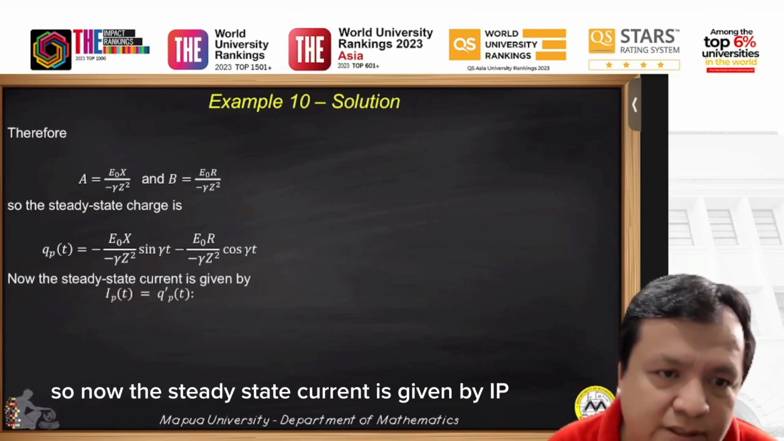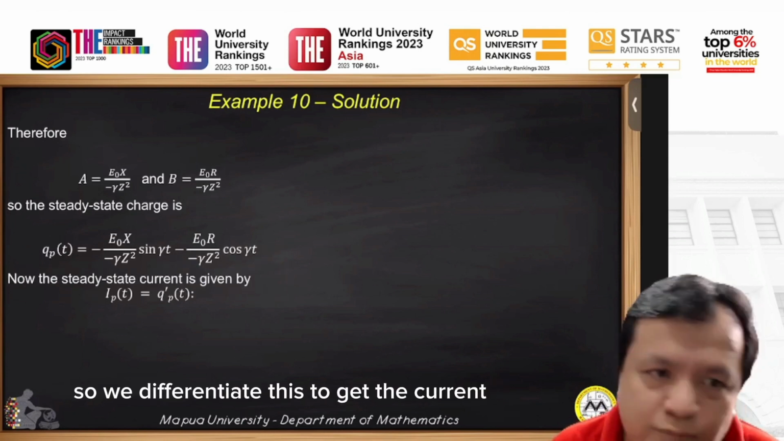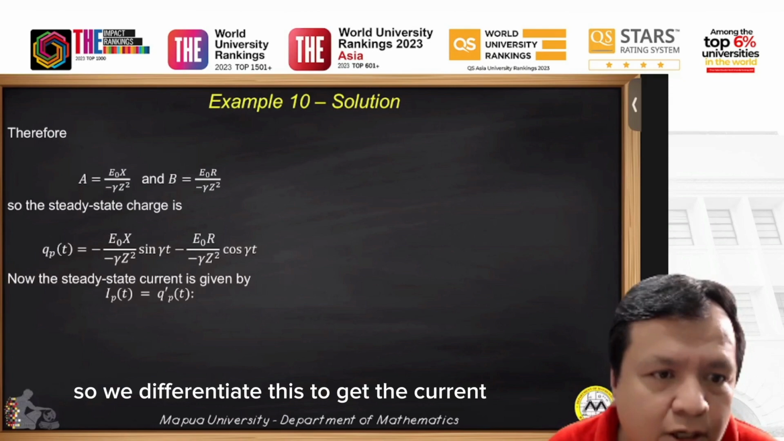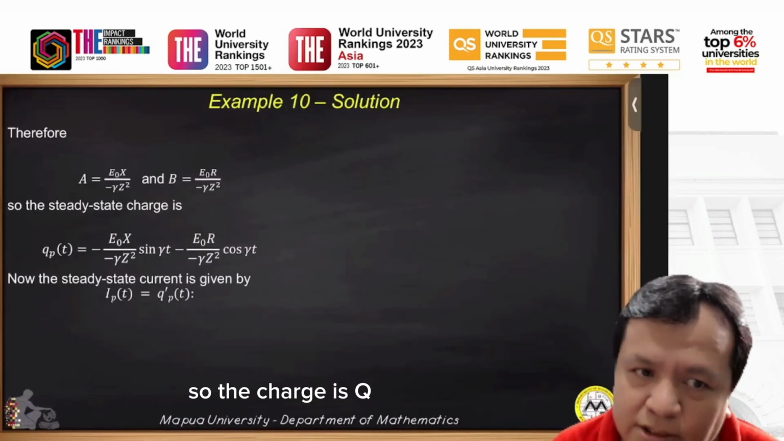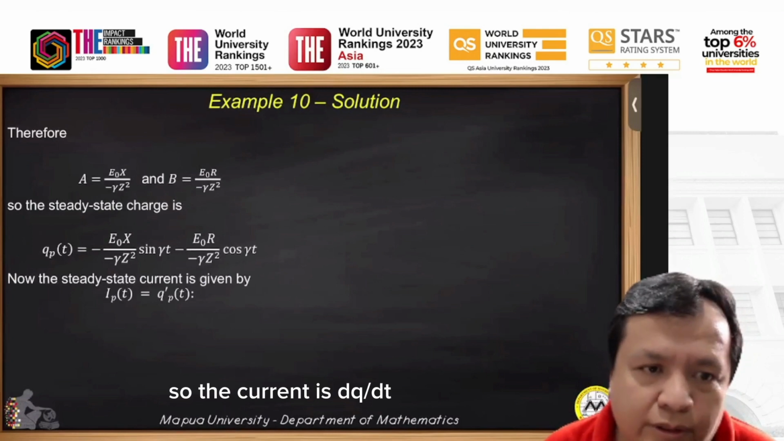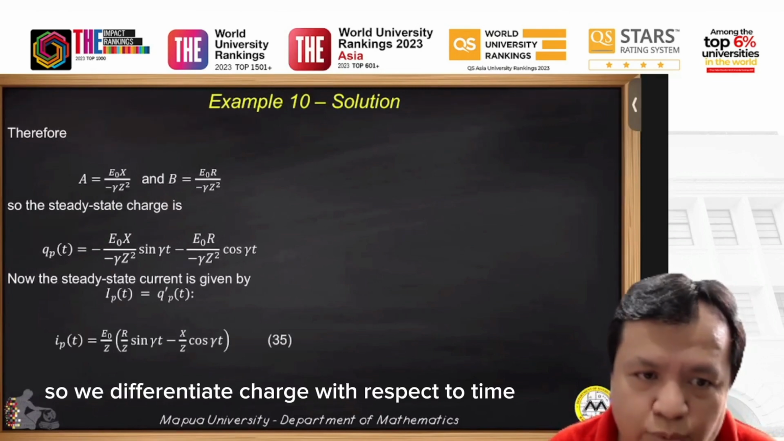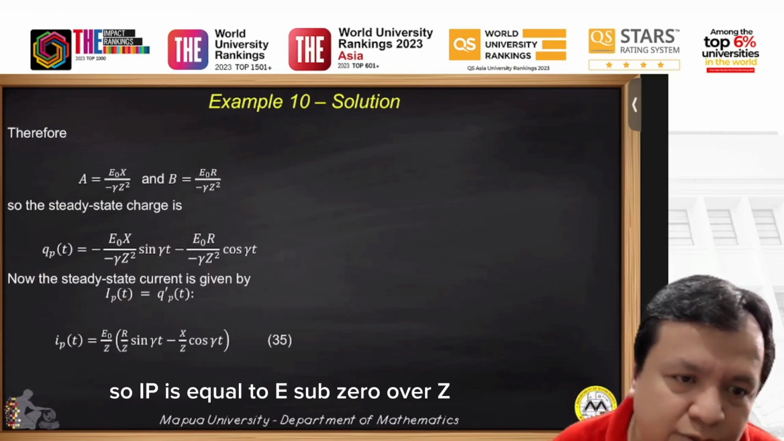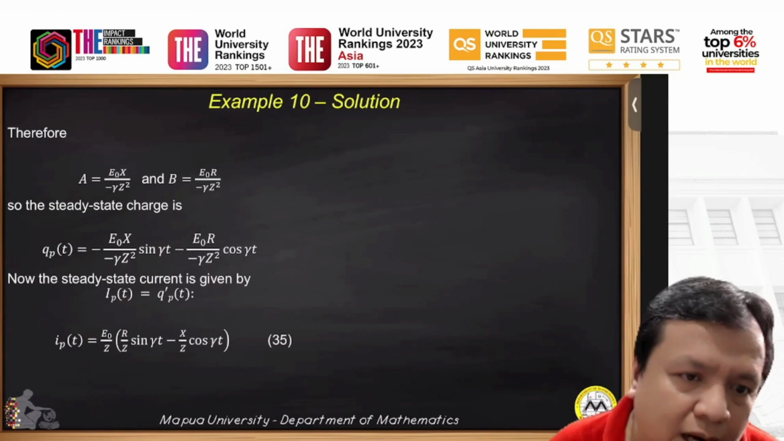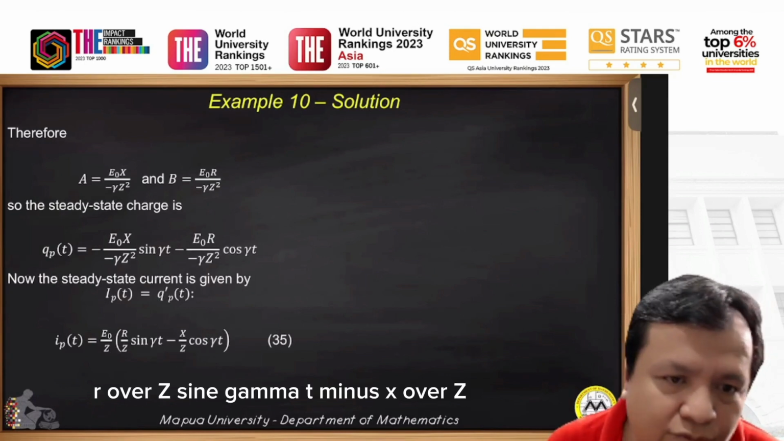So now the steady state current is given by I sub P equal to Q prime. So we differentiate this to get the current. So the charge is Q, so the current is dQ over dt. So we differentiate charge with respect to time. So I sub P is equal to E sub 0 over Z times (R over Z sine gamma t minus X over Z